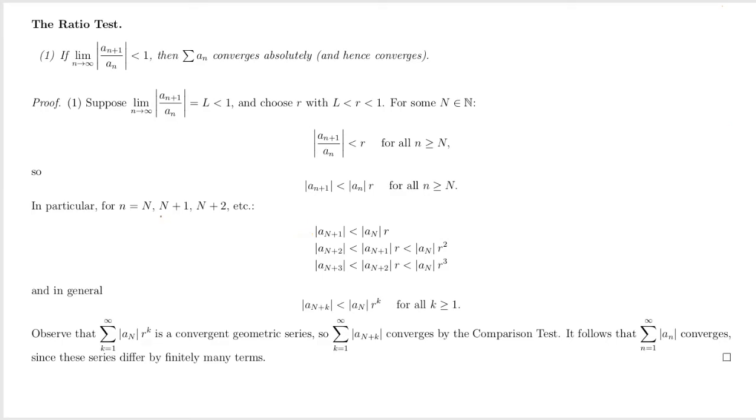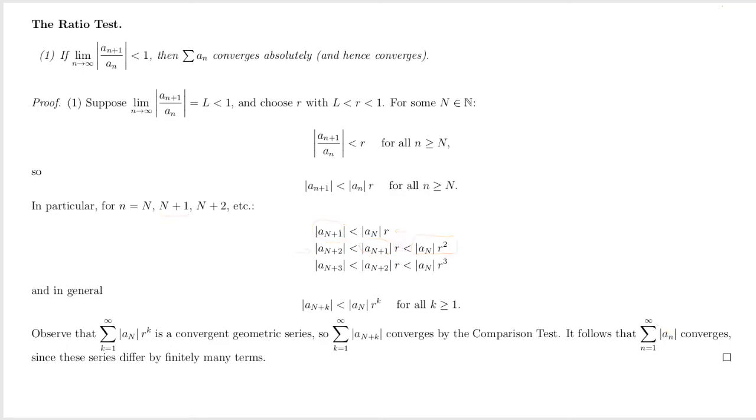Things get more interesting when you consider little n equal to capital N plus 1. That gives us this line right here, that the absolute value of a sub capital N plus 2 is less than the absolute value of a sub capital N plus 1 times r. But we already know something about the absolute value of a sub capital N plus 1. That's this expression right here. It's less than absolute value of a sub capital N times r, and we've already got one of the times r's there, and that's where we get this absolute value of a sub capital N times r